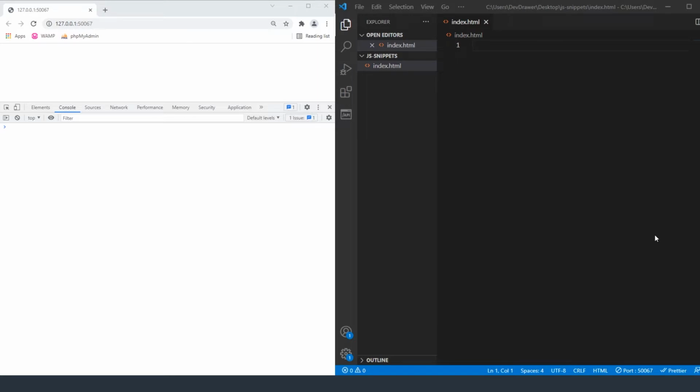Today we're going to be continuing with our vanilla JavaScript, or in this case, we're actually going to be building out something that's just using the console log. So there's not going to be a front-facing site or anything like that. I'm just using the index.html so I can run my live server over here. But essentially we're just going to be building out some cool things that you can do inside of this console